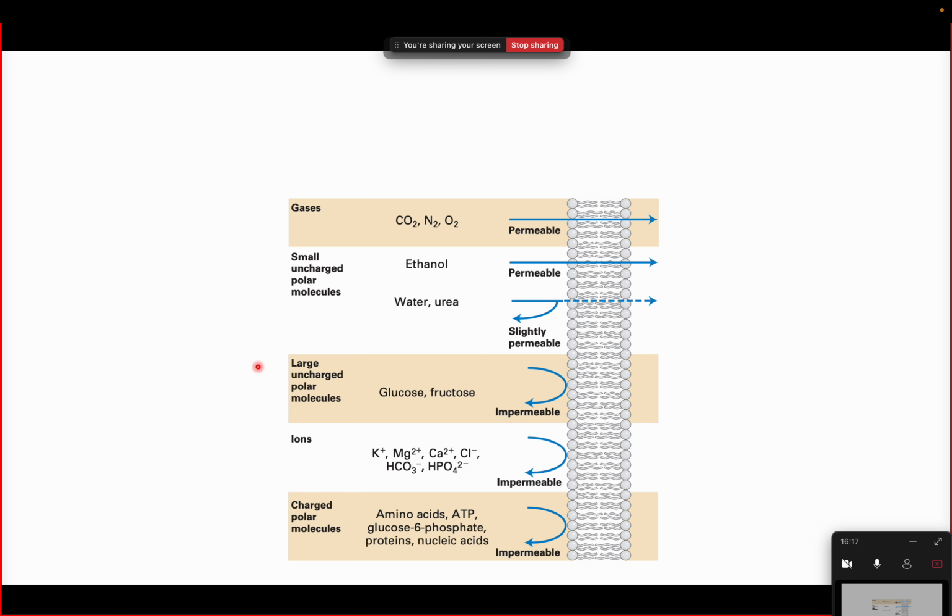And even the to and fro motion of these substrates requires dedicated proteins in the membrane so that they can be easily transported. Okay,